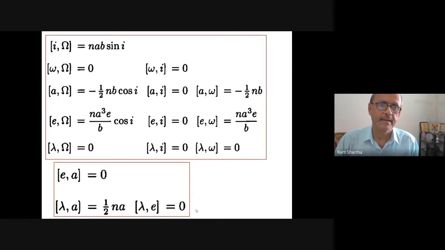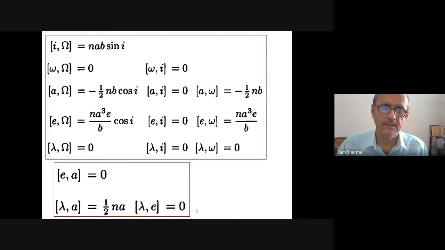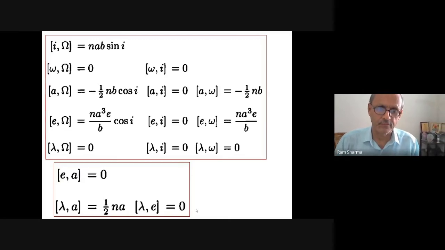i, omega, n a b sin i, small omega, capital omega 0, and a capital omega, this value minus half n b, n is the mean motion, cos i, and then these are all the values. Other values are all 0. So only these non-zero values are there, this many. Now when you write this fellow